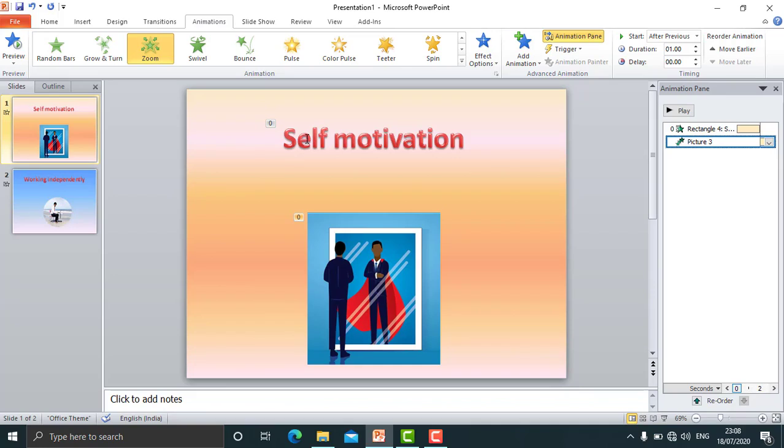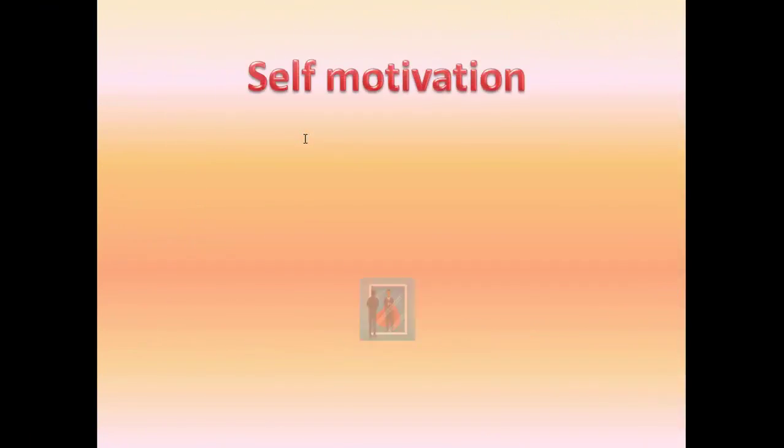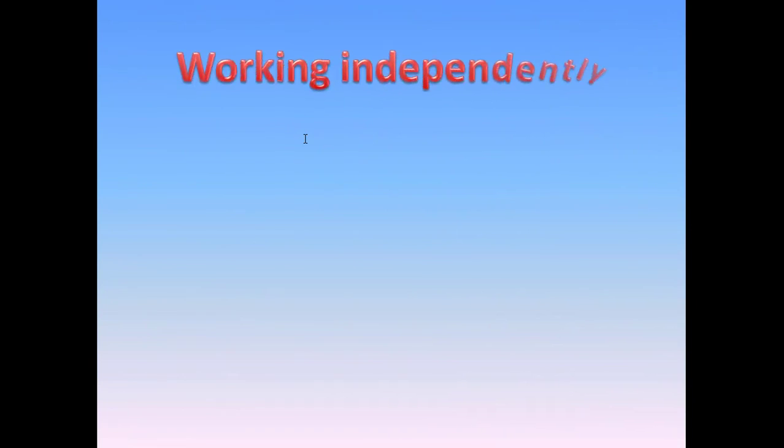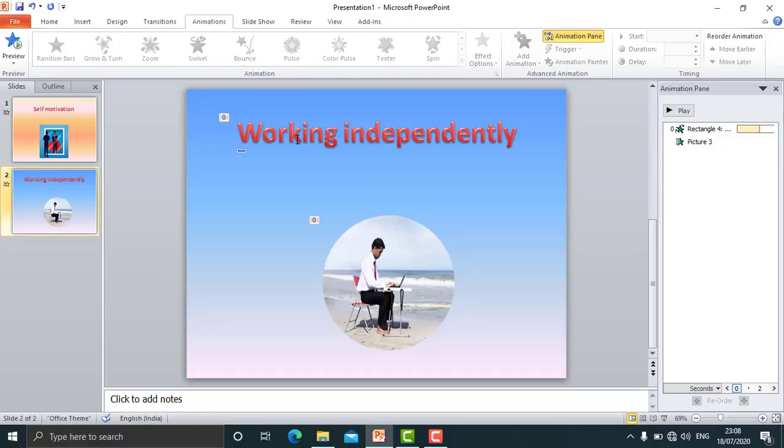So to check, press F5 key from the keyboard. See, transition came, then the object with animation, see animation, then transition for the next slide. The objects will appear now. So the very first object, and now the second object, and the animation is over. Press escape key to exit. So this is how you can add custom animation to your objects. It is quite very simple task.